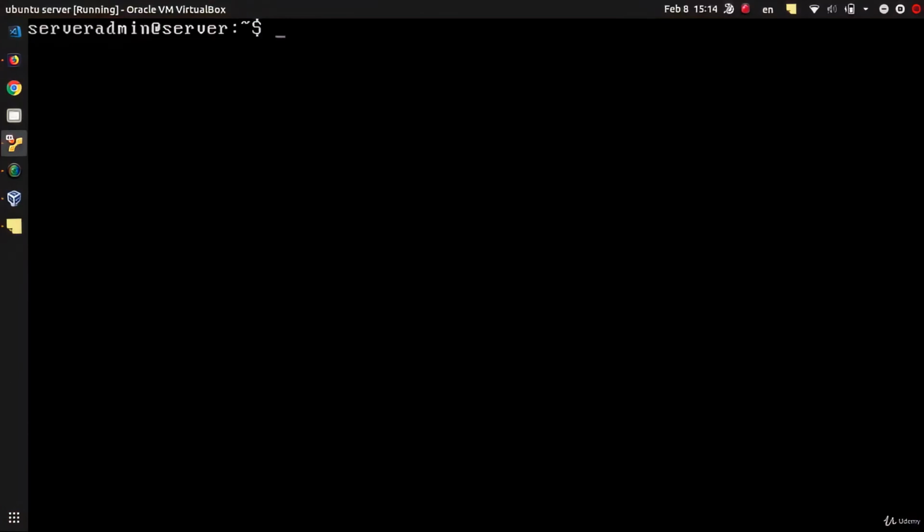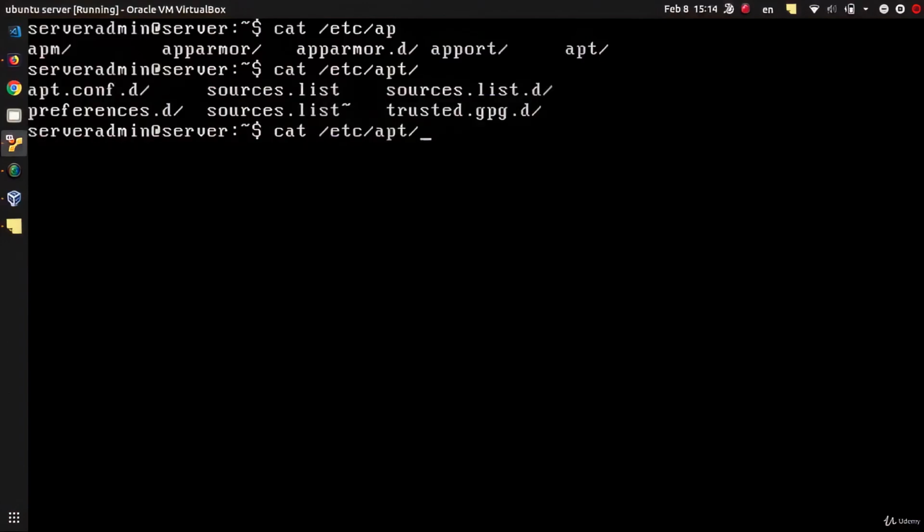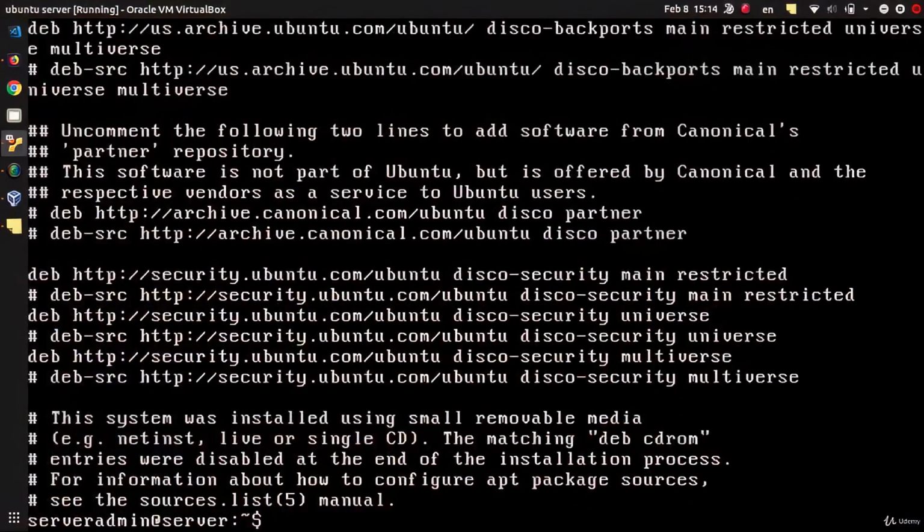System packages, as well as user-contributed packages, are being stored in repositories, and the links towards those repositories, which are servers in the internet, are kept in a file in our /etc directory in apt, and then we have the sources.list file. If we enter into this file,